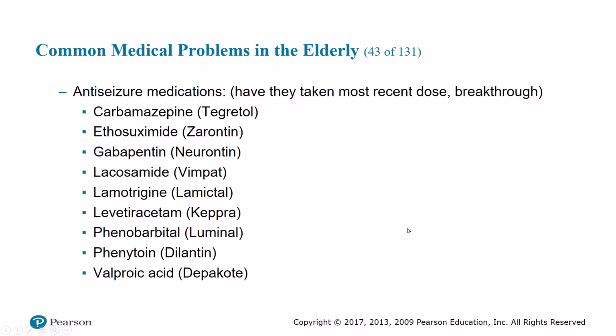Anti-seizure meds that you should become familiar with as you go down: the Tegretol, the Neurontin, the Luminal, the Dilantin, the Depakote. Those are the ones that are most common out there. Please realize if an individual is taking anti-seizure medication, they're taking it because they have active seizures. If they stop taking it and they end up getting a seizure, it's called a breakthrough seizure, as well as